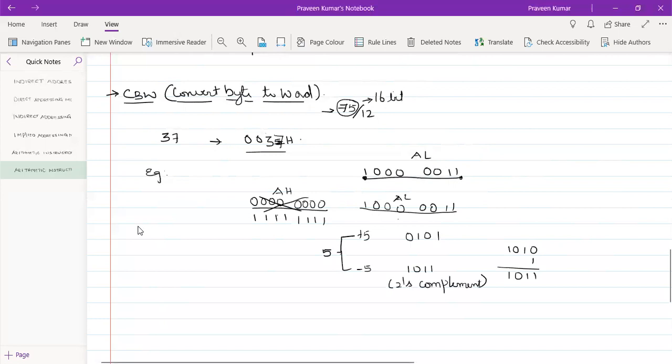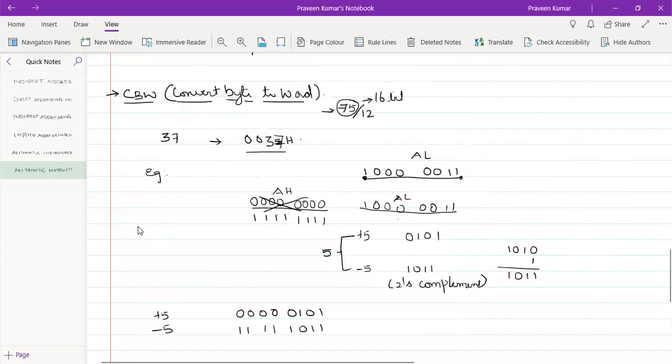Am I correct? So the same, if I want to extend this particular plus 5 to an 8-bit number, what can I do? 0101, it's a plus 5. If I want to extend it to 8-bit, what will I be adding? I will be adding 0000. But if I want to extend the minus 5 as an 8-bit number, the number should be 111,